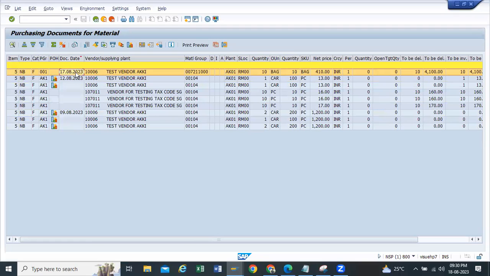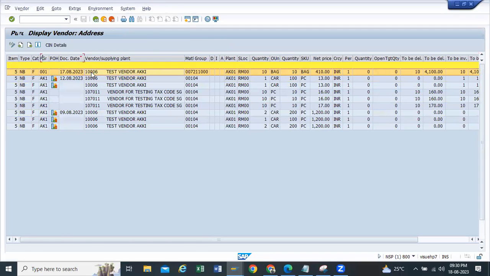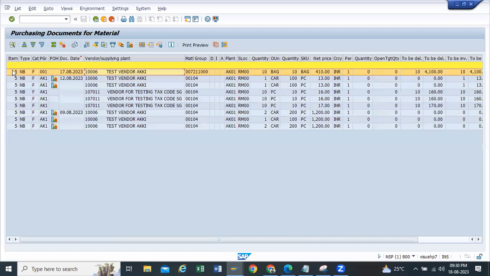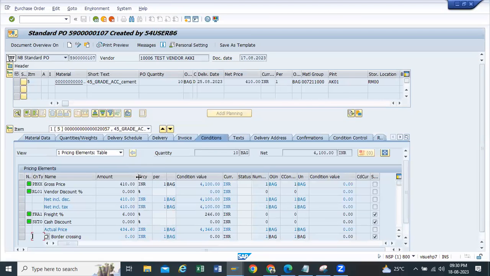If you just click on that and check, okay, this is the PO which was created by Anuj for his plant AK01. This is the storage location. This is the delivery date for the quantity of 10. Okay, so